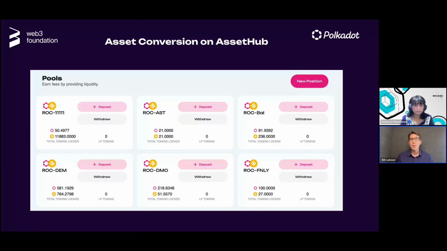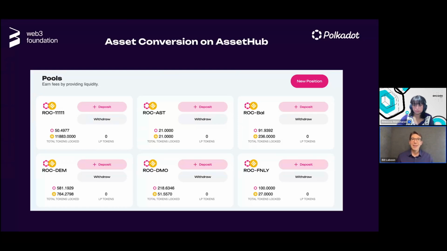So one thing that we've been working on is having one parachain called Asset Hub, which allows assets from different parachains as well as user-generated assets to be created and stored on a single parachain.